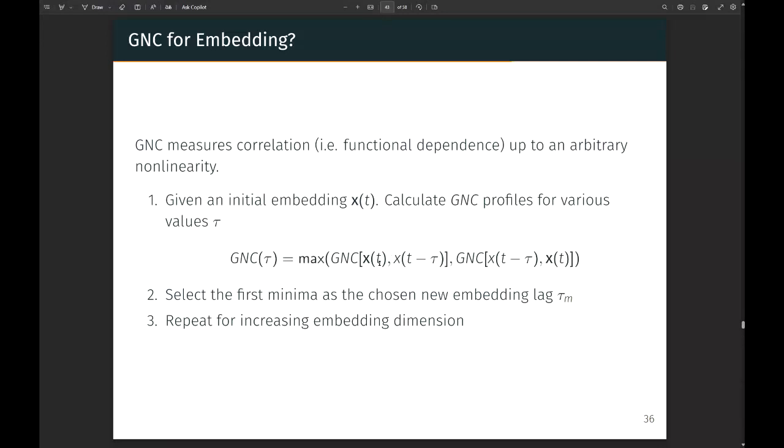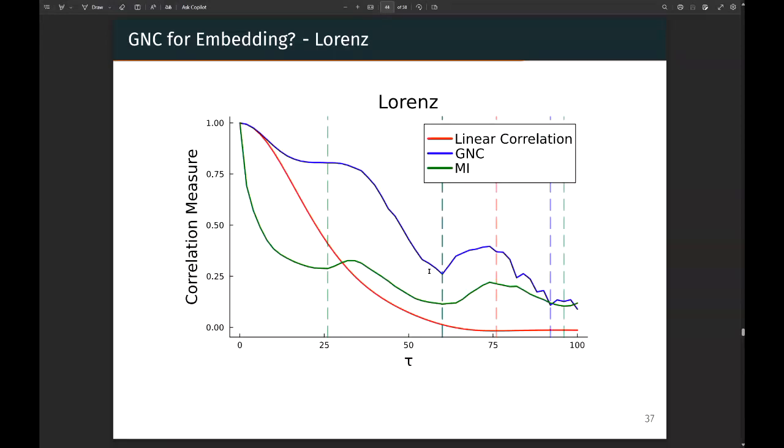We test the correlation between a component and its lag version, and then the other way around. We take the best correlation between the two. Now we have a profile as a function of the lag that we want to assess on how correlated these two components are, and we can take the first minima as embedding lag, repeat that, and you get an iterative approach. This is just an example of what those profiles would look like.